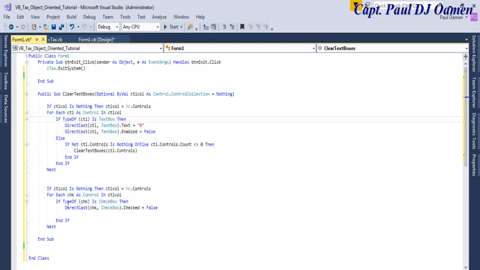This is for the text box, this is for the checkbox. This is just to make sure the checkbox is now checked. Look at it right there, because I intend to make it enabled. So